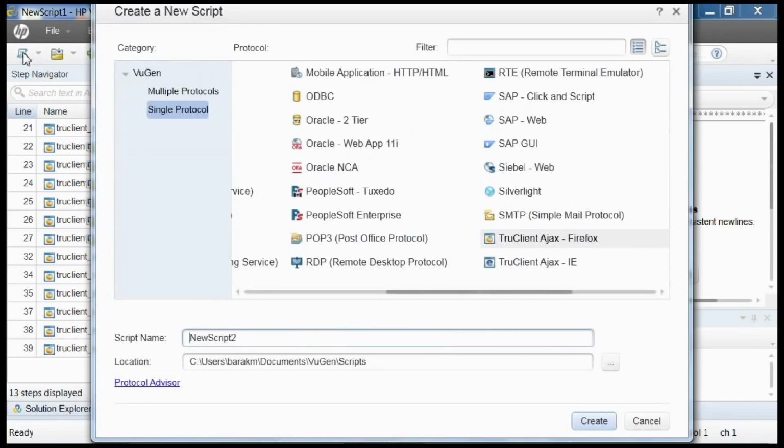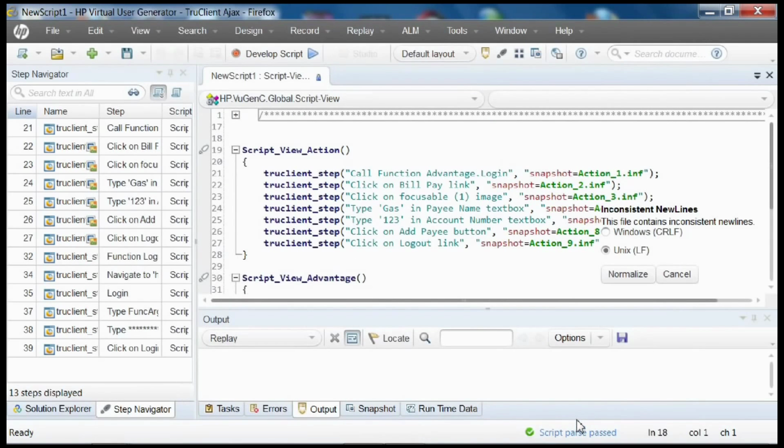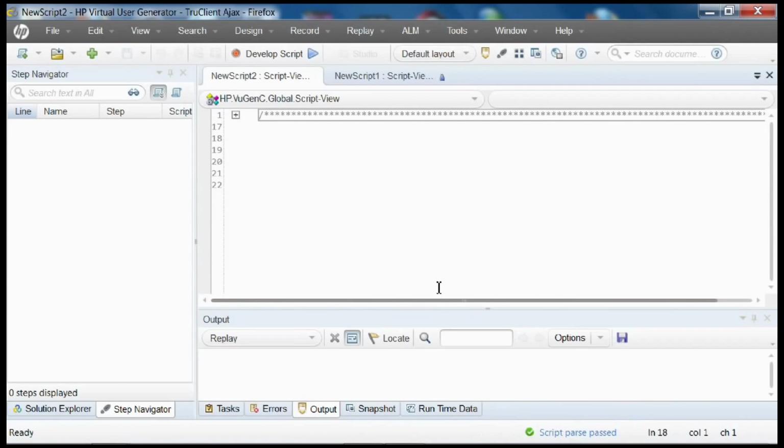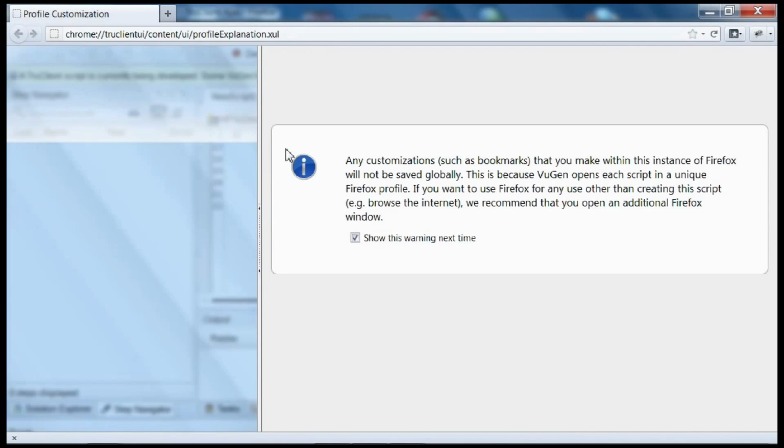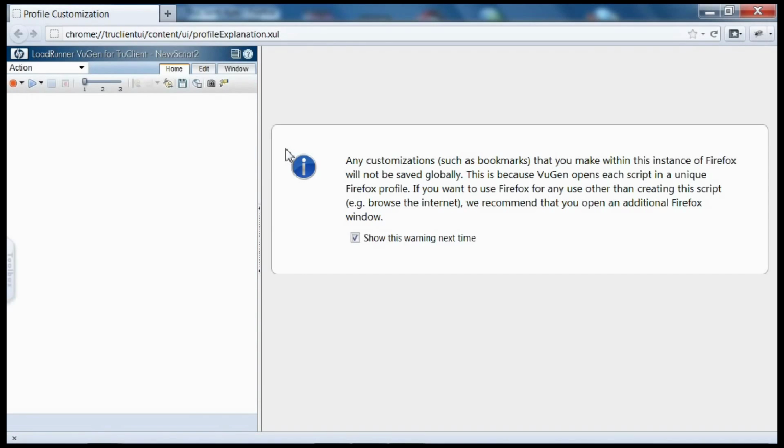Now we'll create another TrueClient script. We'll open the function libraries view in this new script and import the library we created.